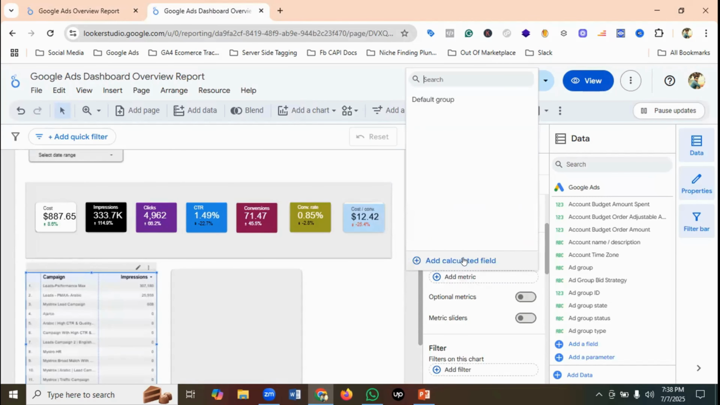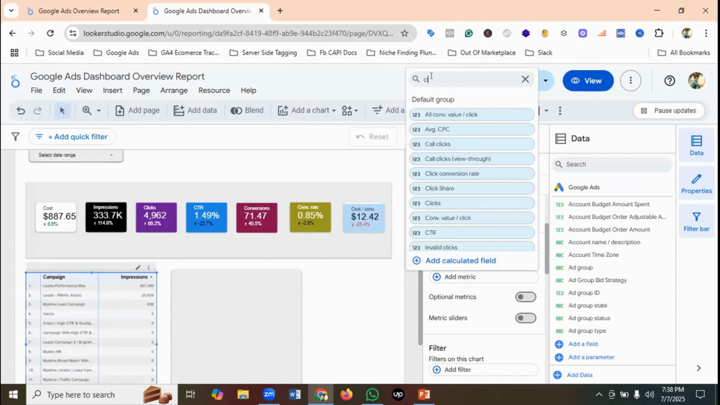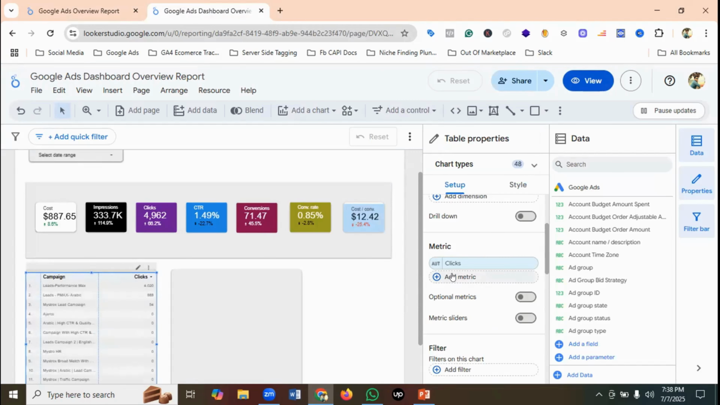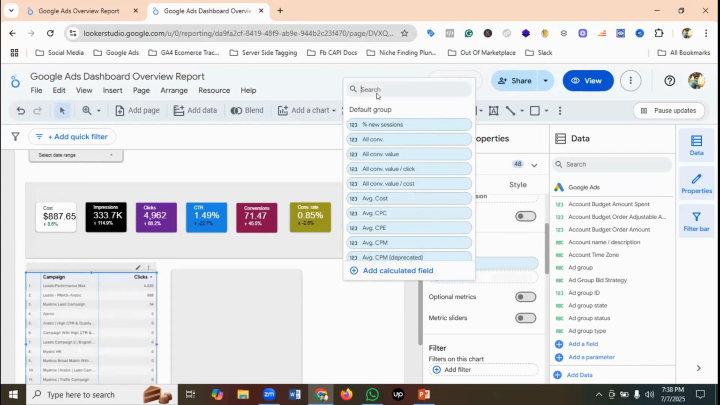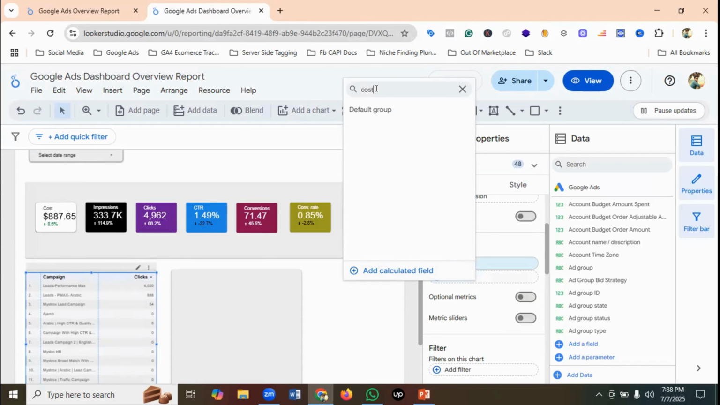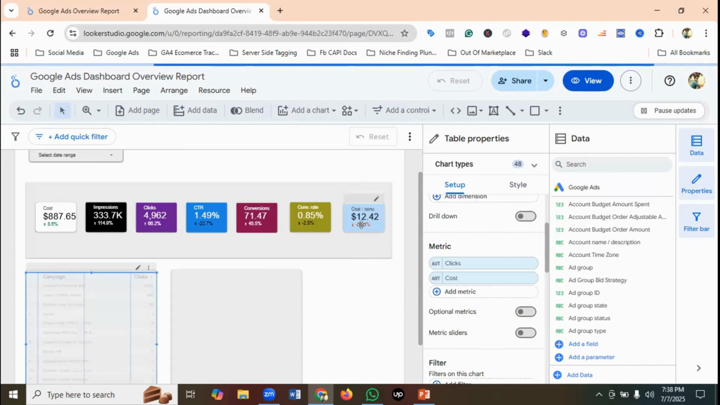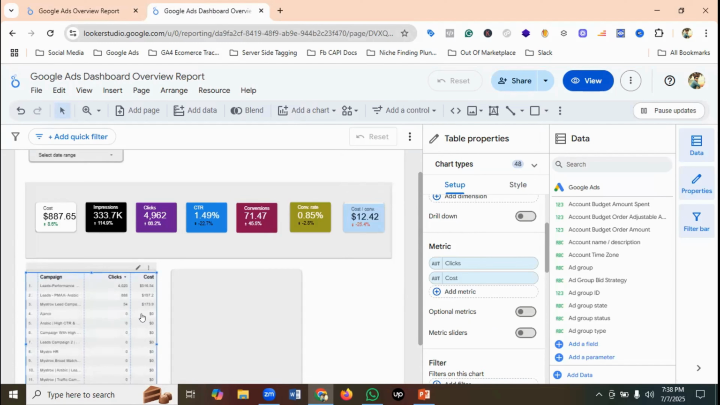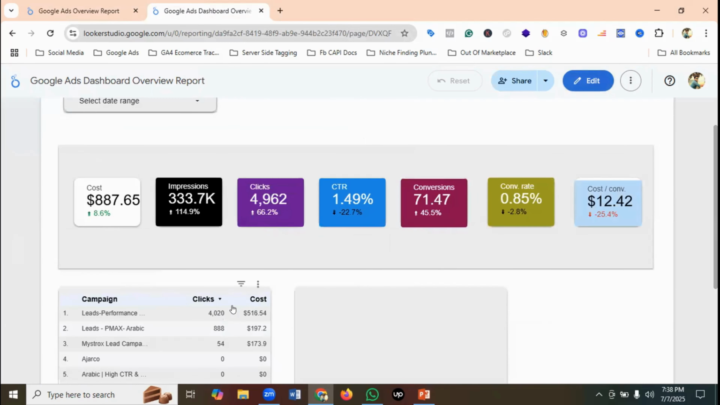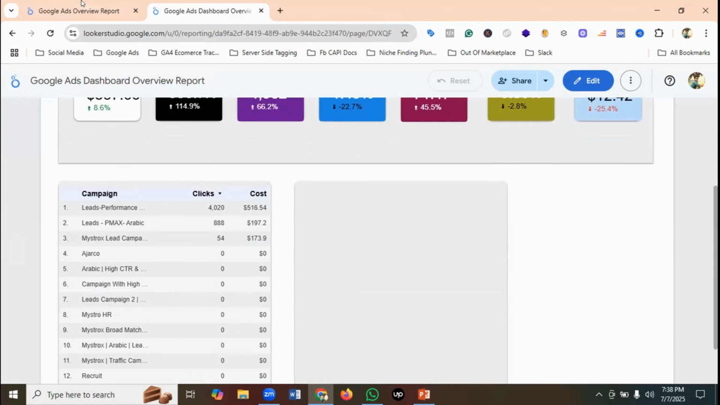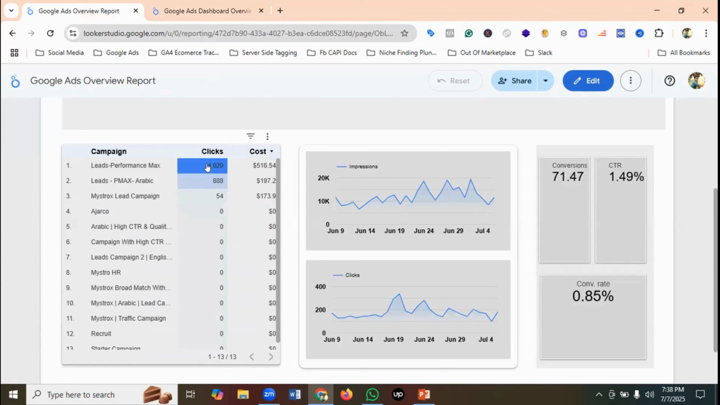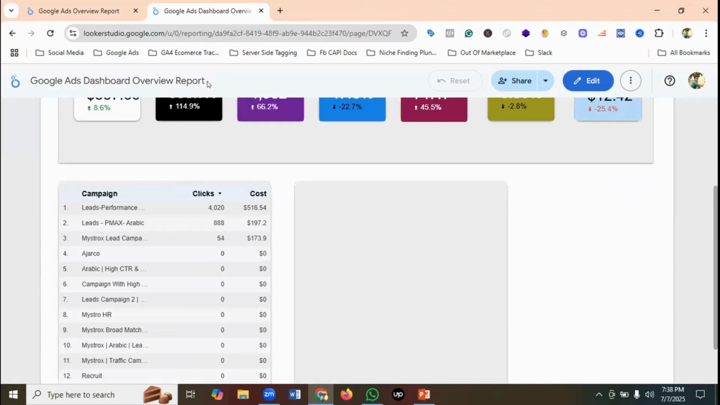So we don't want impressions. So we're going to be searching for clicks. So here is clicks. And for adding another metric, we need to click on add metric, and we're going to be searching for cost. Okay. So you can see it. So let's view it. Campaign, clicks, and cost. Is it looking like this? So we need to use this. Okay, so actually this is the heat map. Okay, so we are going to be using this. So let's view edit it,